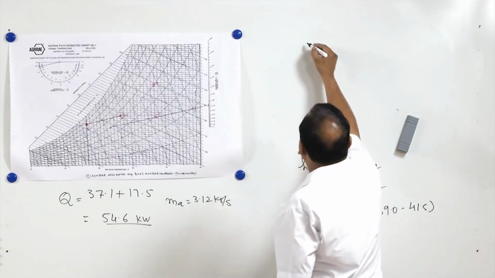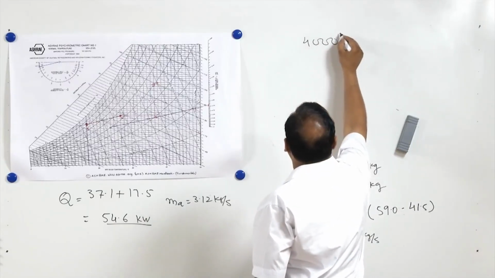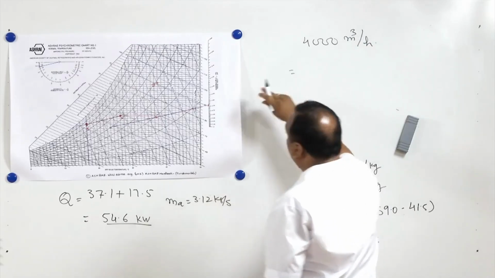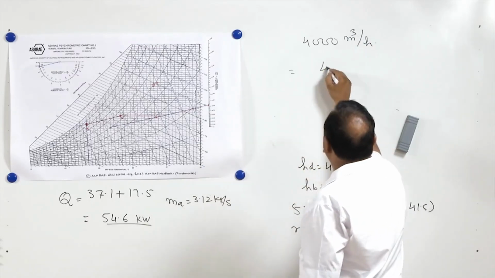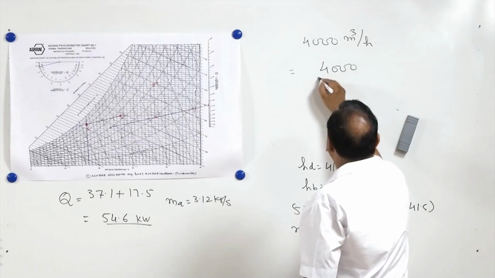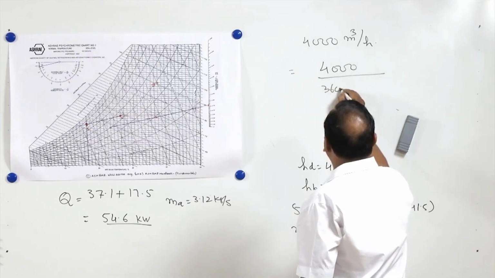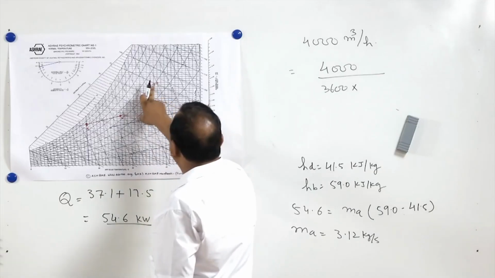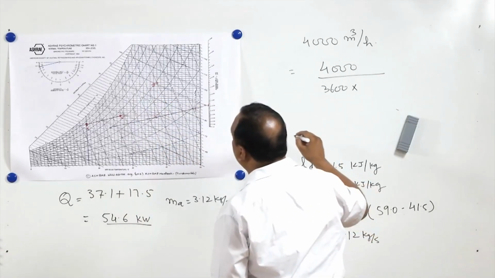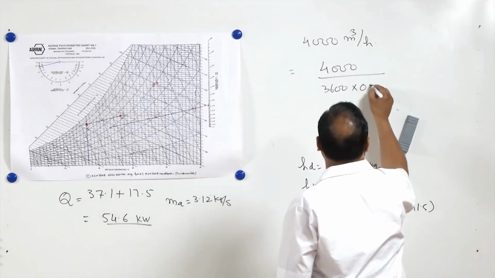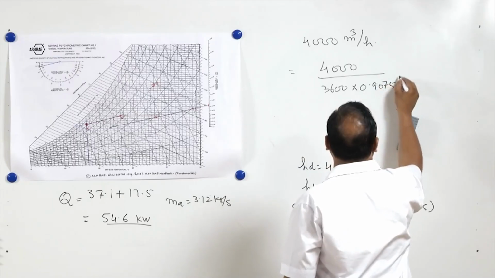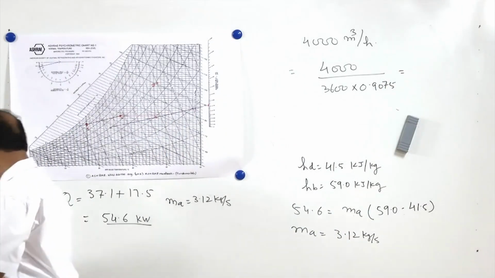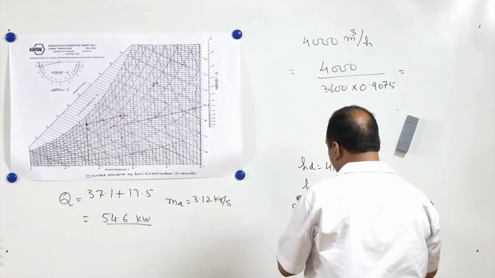Now, fresh air is 4000 meter cube per hour, and if we convert this into kg per second, again 4000 divided by 3600 multiplied by specific volume of air at state 1, that is 0.9075, and this will give mass flow rate in kg per second, and that is going to be equal to